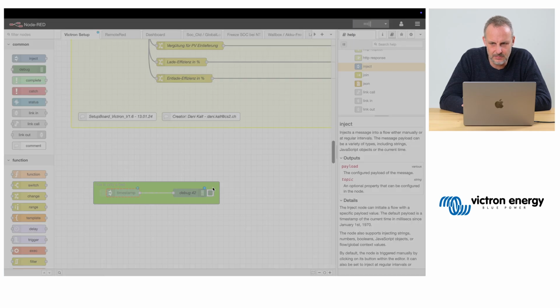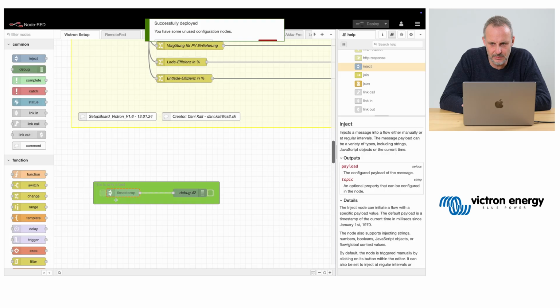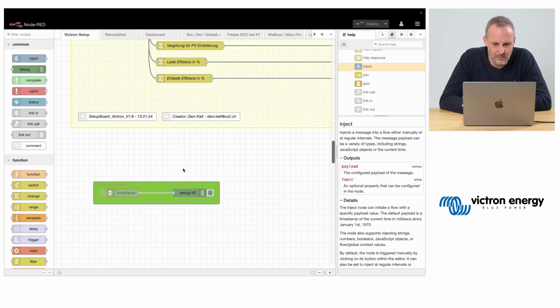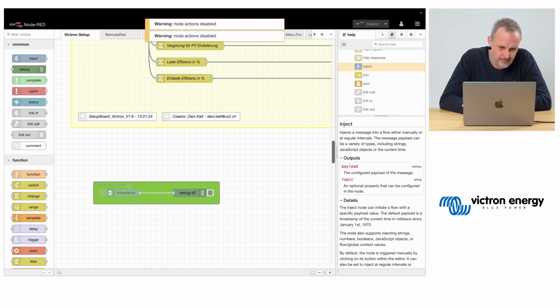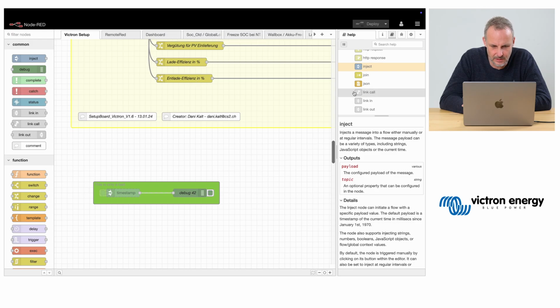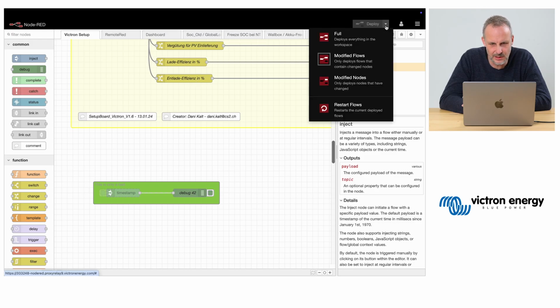And then deploy, which is also really neat. So this node no longer functions, but this one does. Well, this is disabled.